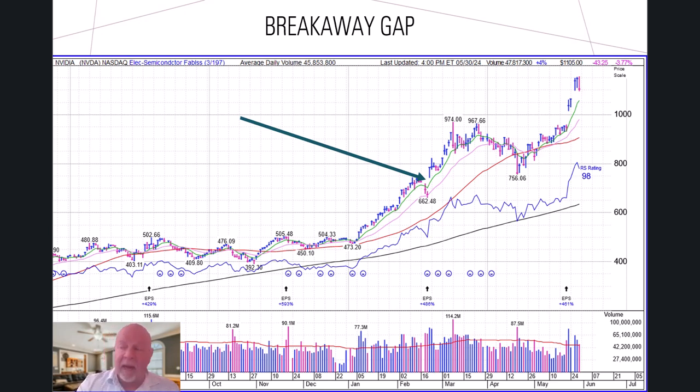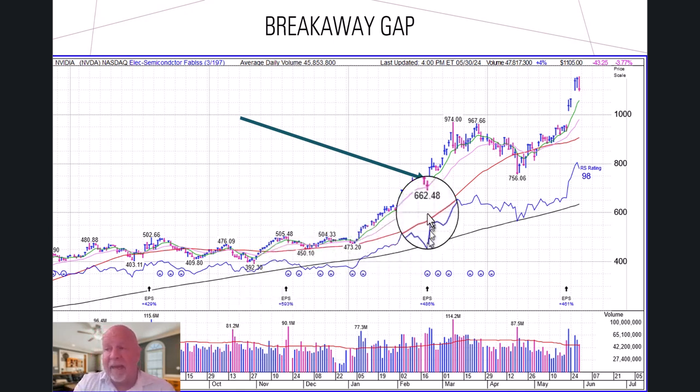This is NVIDIA, and you can see there's several gaps now on the chart. You can see a couple over here on the right side of the chart as well. And those gaps eventually are going to get filled. I don't know how they're going to get filled or when, probably in a bad market or when the favor comes away from NVIDIA, but eventually those are probably going to get filled.